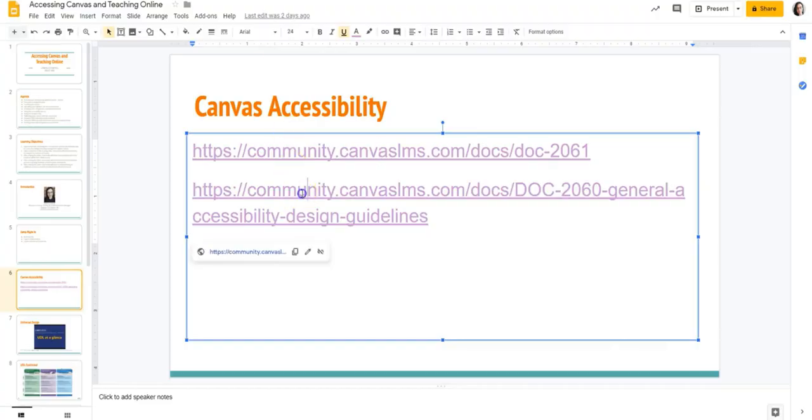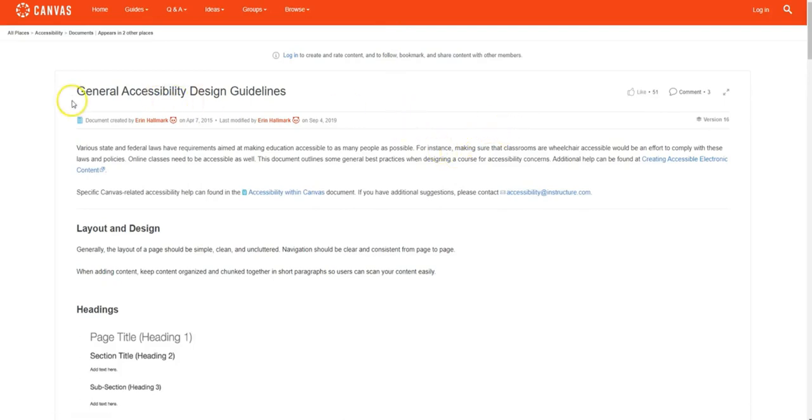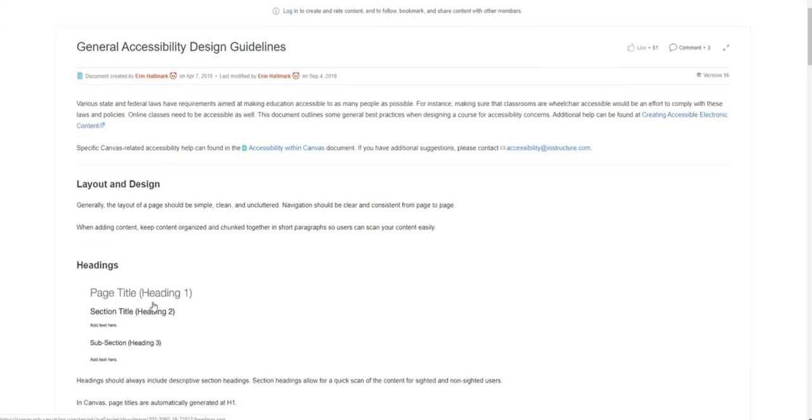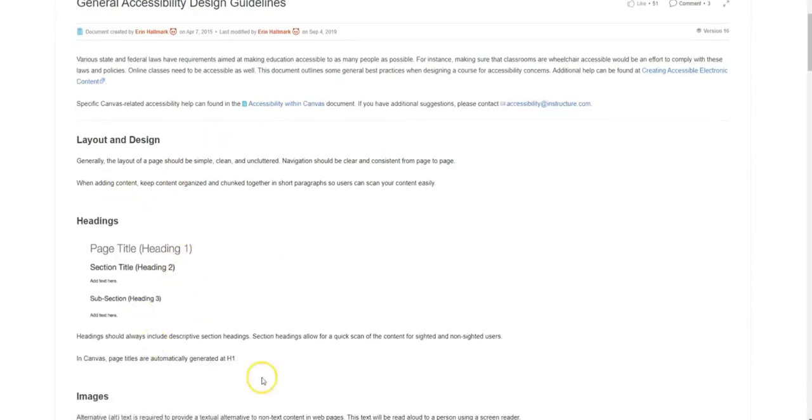And then this one talks about general accessibility design guidelines. So these are the things that within Canvas, the accessibility wizard is looking for. Your general layout, it's telling you keep things simple and clean and uncluttered, and that goes back to what I